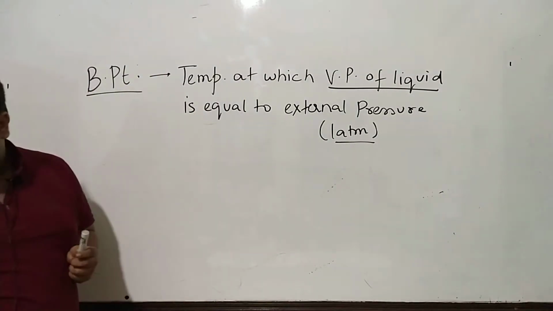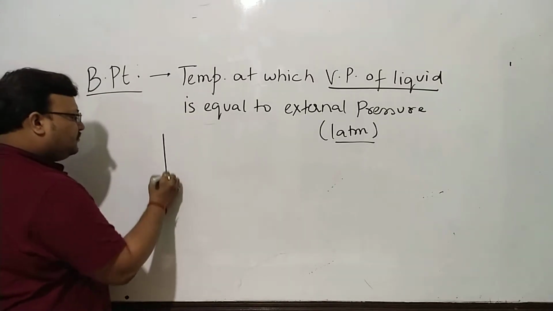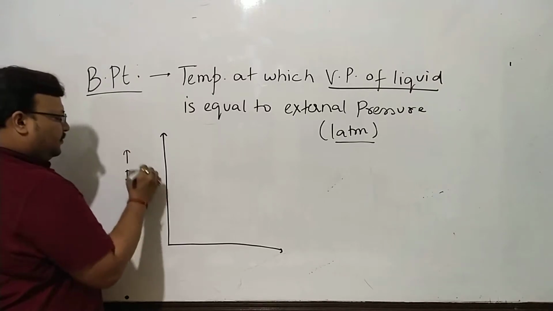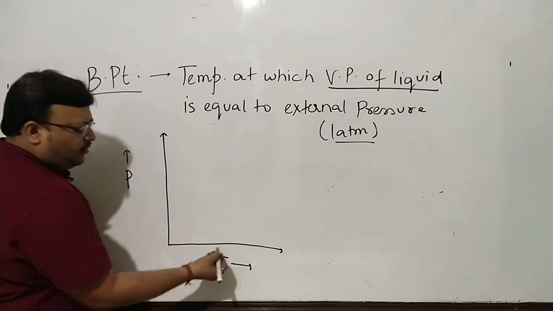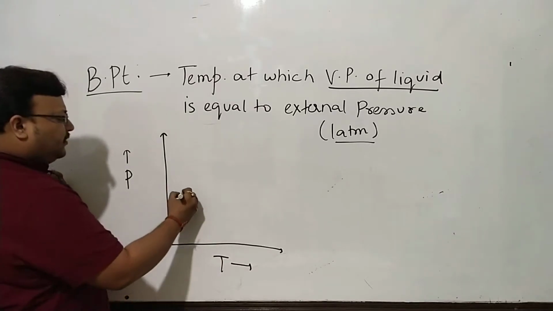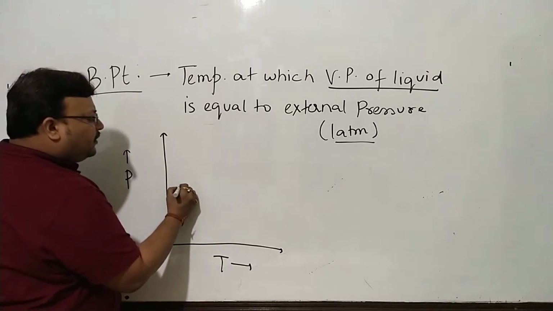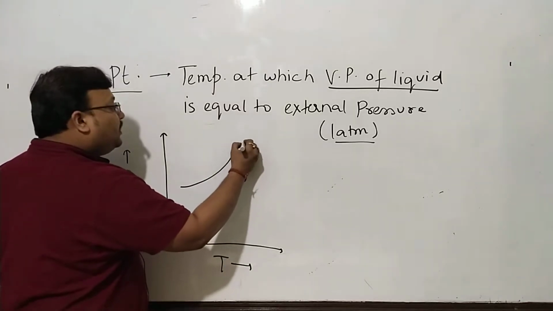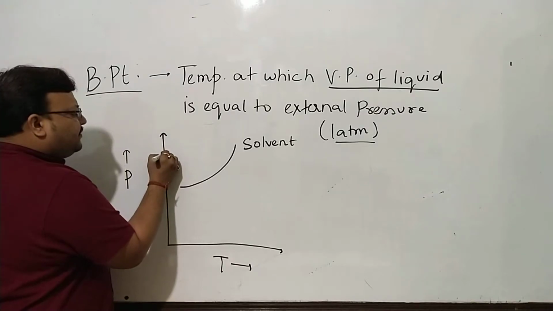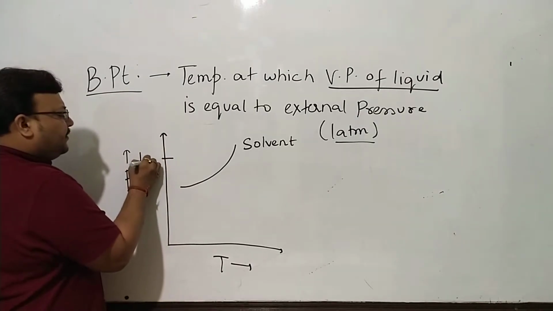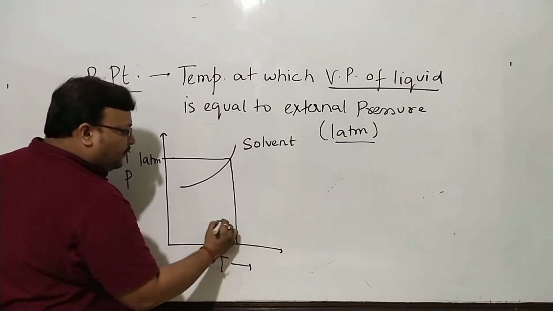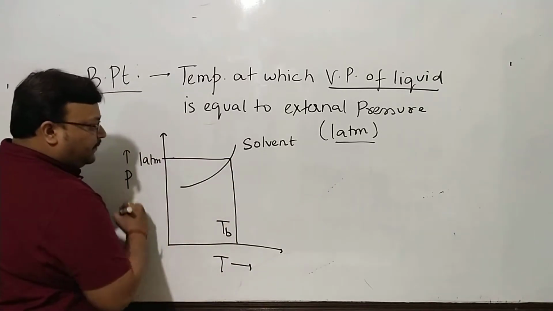As I told you, I can give you a bigger view. So suppose we are plotting pressure with temperature in Kelvin or Celsius. Like any form of pressure, it will be proportional to temperature. So if this is for the pure liquid, which I am calling the solvent now, the temperature at which it's equal to 1 atmosphere would be the boiling point. So this is TB, boiling point.